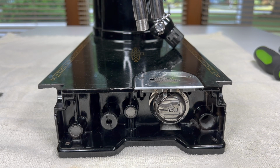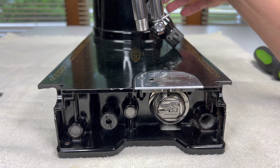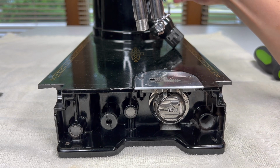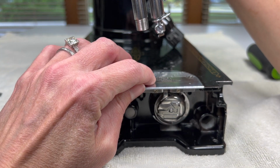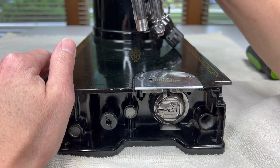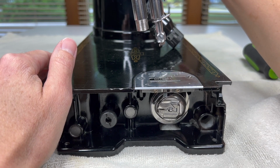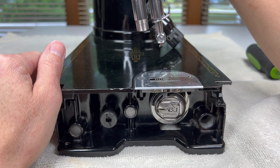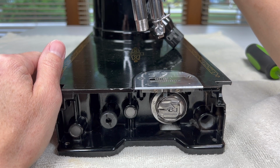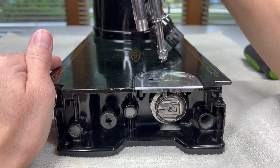Now, you can also adjust the length of the feed dog. And what that means is that the stitch lever up in the front of the machine, if I have it set down at its longest stitch length, which is 6 per inch, which is where it is now, I'm turning the hand wheel. Watch how far the feed dogs travel. You see, they're going a considerable way. That should be 6 stitches per inch. If I move it up to, let's say, 20, watch the feed dogs now. They're still coming up and down at the same height, but they're traveling a much smaller distance, hence a shorter,